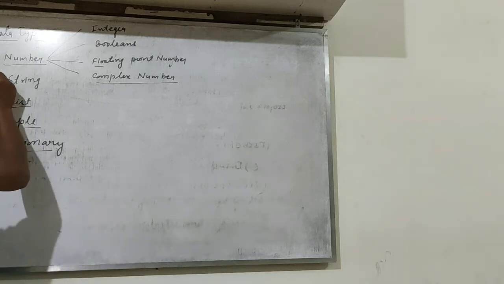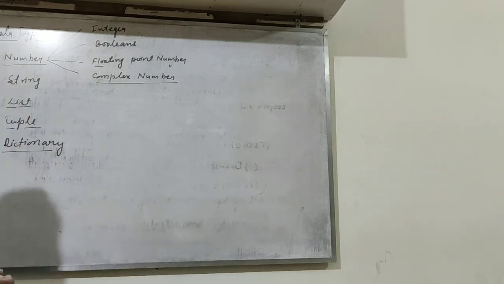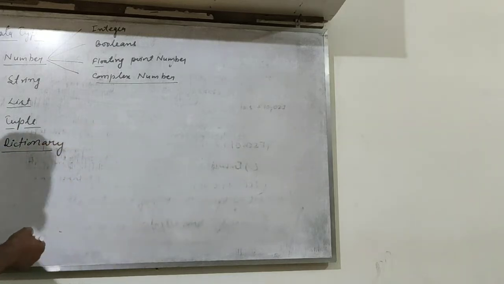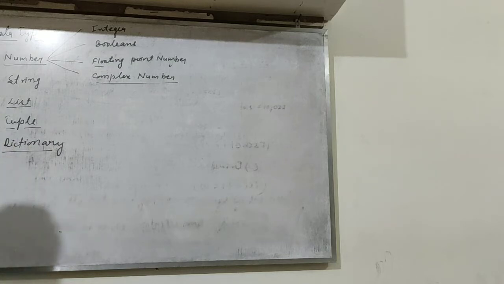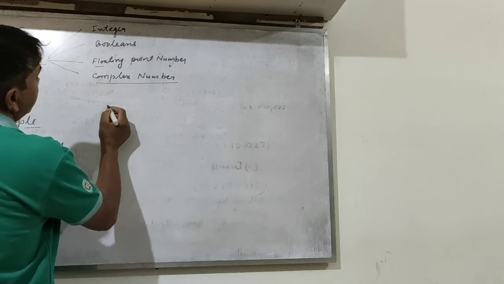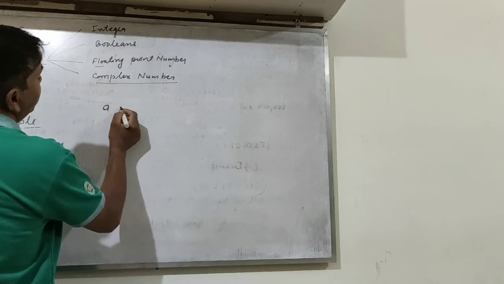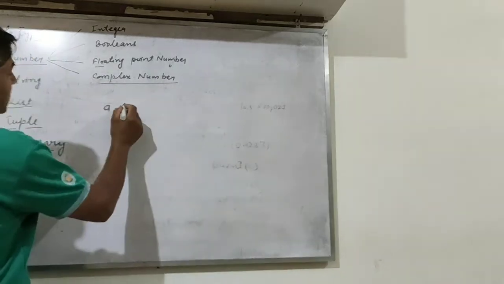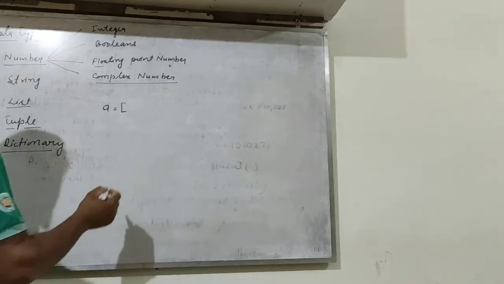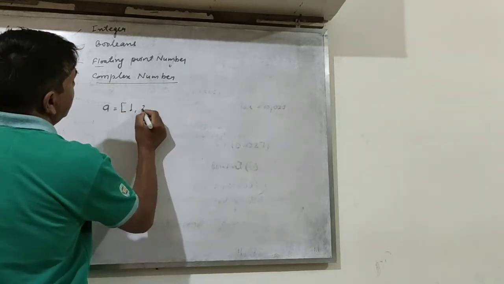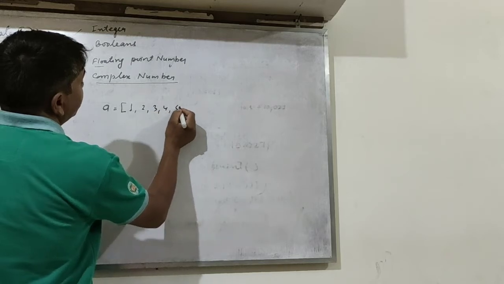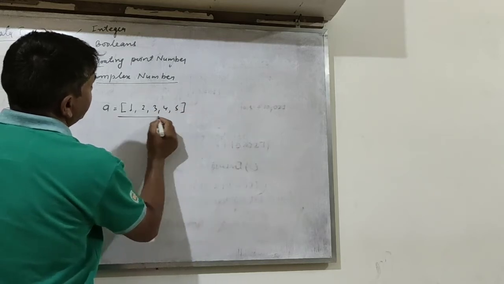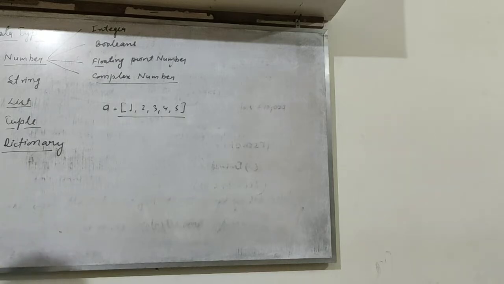It is string, and we have made many programs related to strings in the previous chapter also. Today a new thing comes, and its name is list. How do you make a list? At first you write a variable name, as you know, a variable is required, and you always use an equal sign. Start with a square bracket and write 1, comma, 2, comma, 3, comma, 4, comma, 5. So you make a list. Okay, this is the method of list where you are using only integer numbers.